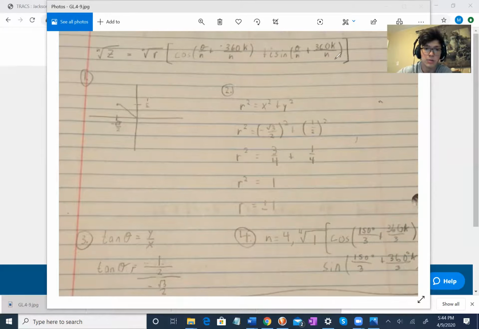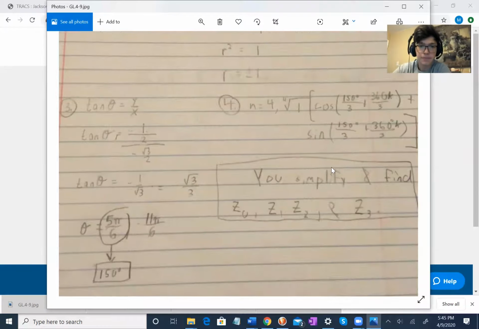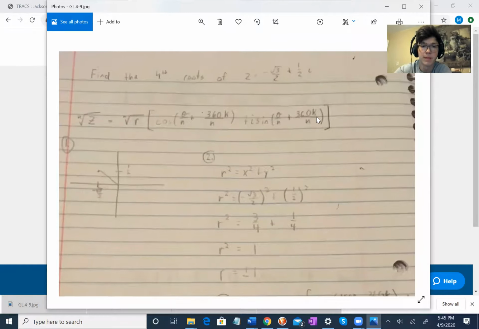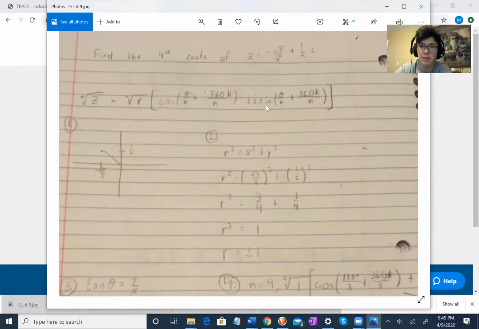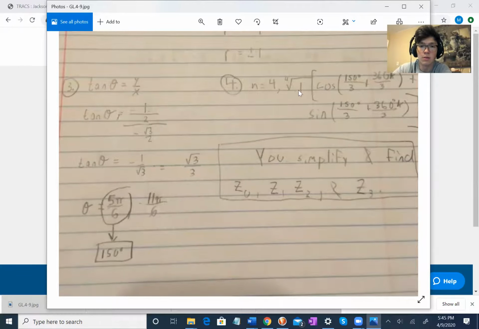So let's go back to part 4. So we said n is 4, r is going to be 1, and theta is going to be 150. Now keep in mind, I'm getting this equation from the equation we had up top. The root n, r, all this stuff. And I'm just plugging in now because I found r, theta, and n. Okay, so 1's going to go here because that's our r, and it's the 4 because of n is the 4. Then we go cosine theta, which we found to be 150 degrees from the work we did in step 3,